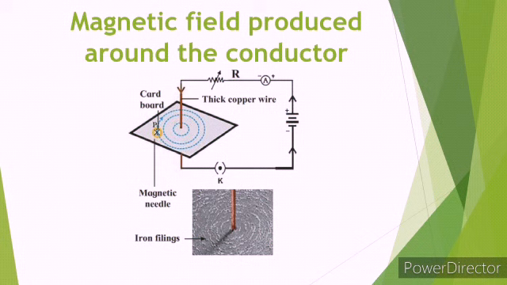Then you will observe that the magnetic field around the conductor is in the form of concentric circles. You can keep more compass needles at different places and observe the direction of different needles at a time and mark them with a pencil. Then again you will come to know that the direction of the magnetic field is in a circular path.